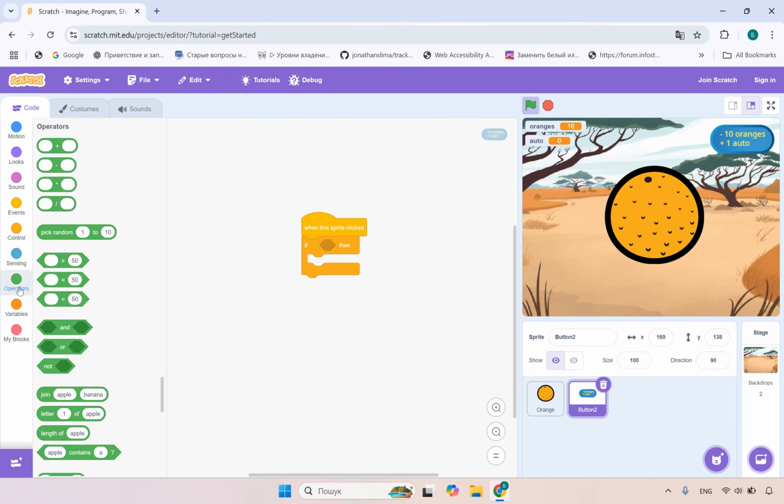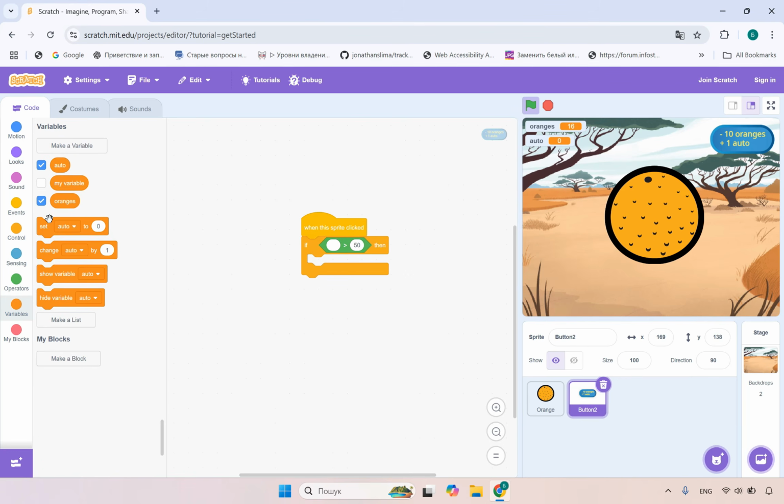So go to operators, choose the one that fits, for example that one, and variables oranges. If oranges more than 9,